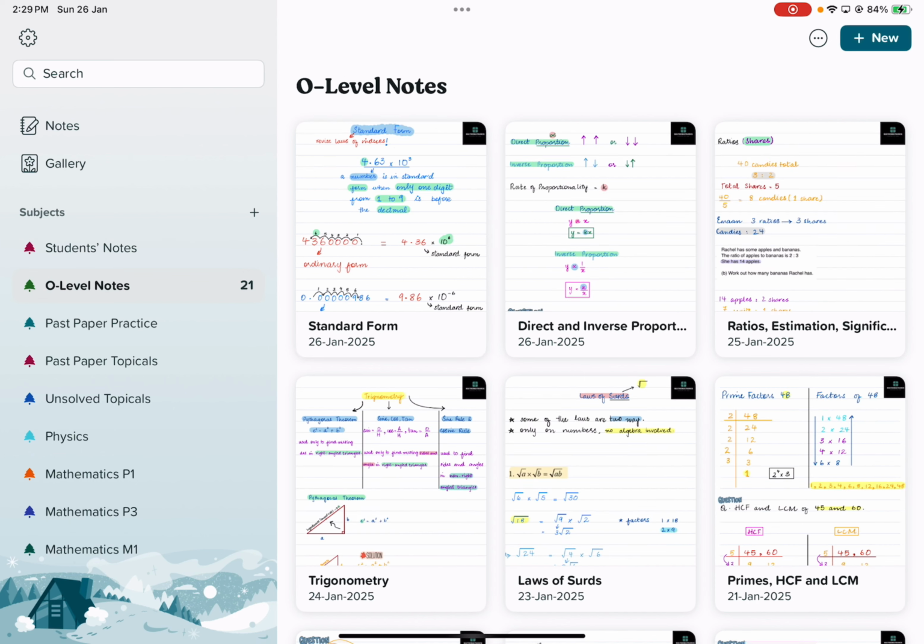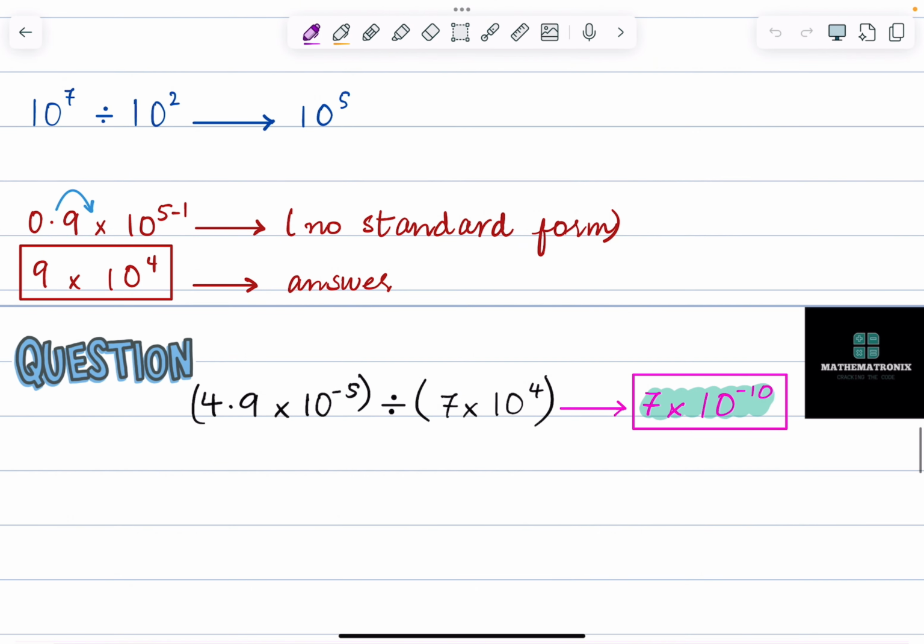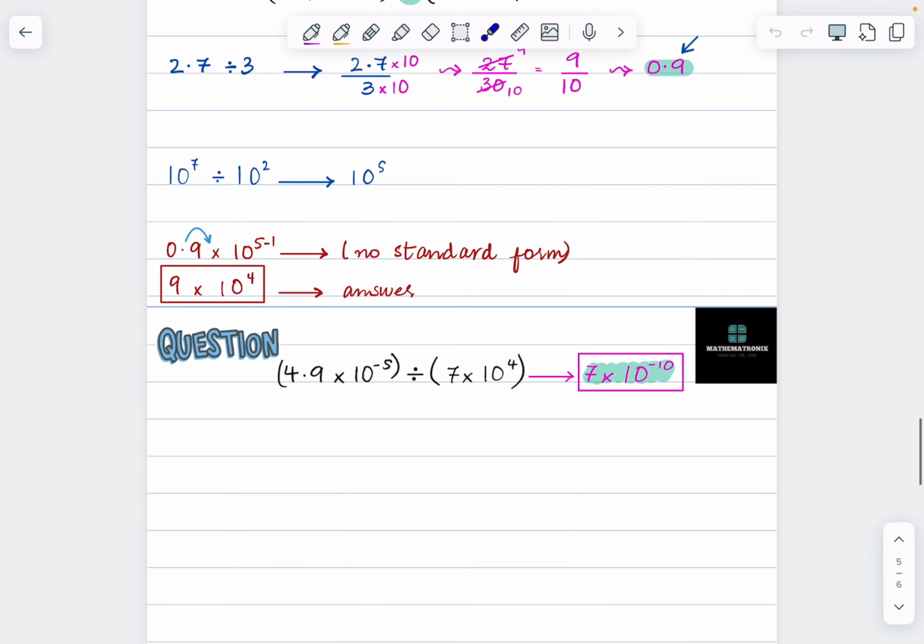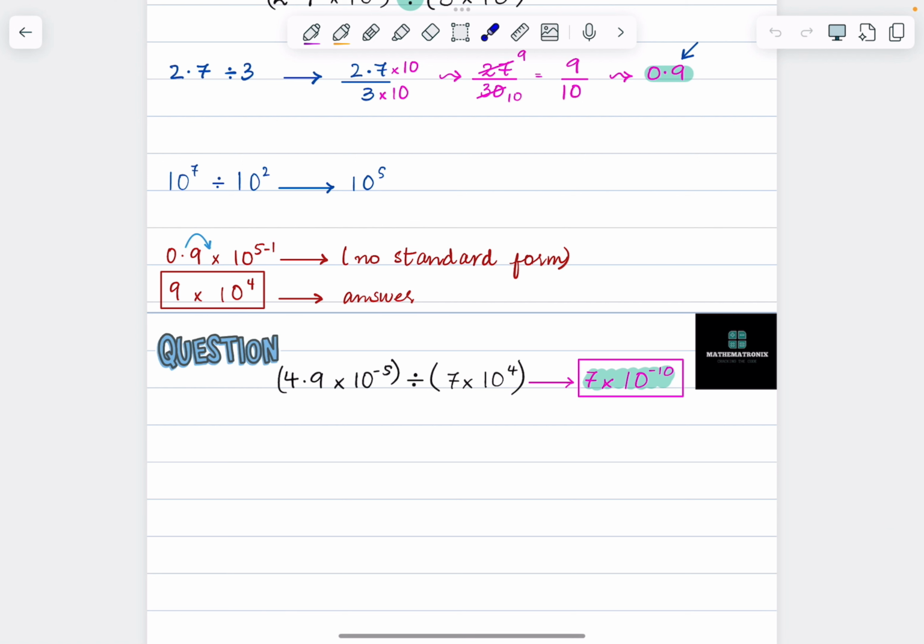Now let's go back and also have a look. Up to the power -10 because you subtract 1 from the power, not add. आपका पहले आंसर आया था 10 to the power -9, करेक्ट. ठीक है, तो आपने 0.7 था ना, you made a smaller number into a bigger number, तो वो 7 बन गया. You will subtract 1 from the power, so -9 -1 gives you -10 as the power. Got it? And that's it. ये था स्टैंडर्ड फॉर्म, इतना आसान. That's it. Done.